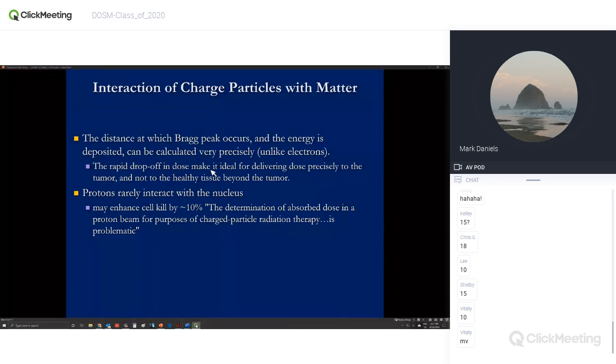Now, protons very rarely interact with the nucleus, and that kind of makes sense. It's a net positively charged amount of stuff in there. Now, because they are heavy and because they do so much interaction at some point in time, it's believed that protons probably enhance cell kill on the order of 10 to 20%. So there's this belief that there's actually kind of like a radiobiological equivalent of 1.1 or 1.2 over and above